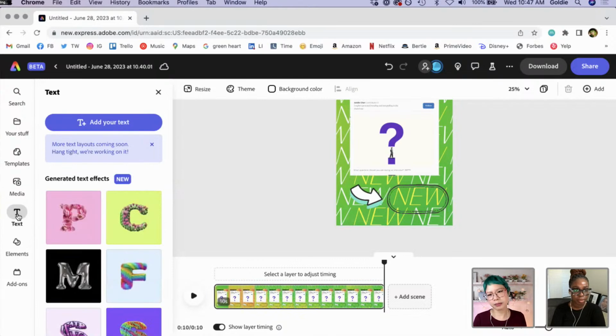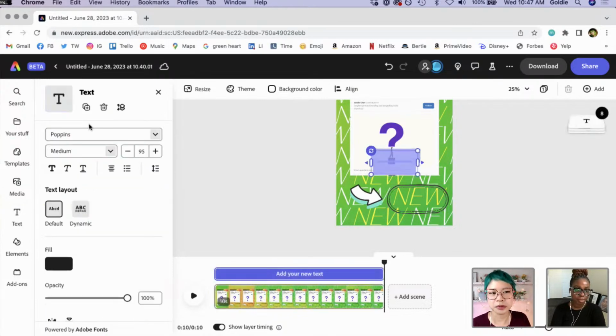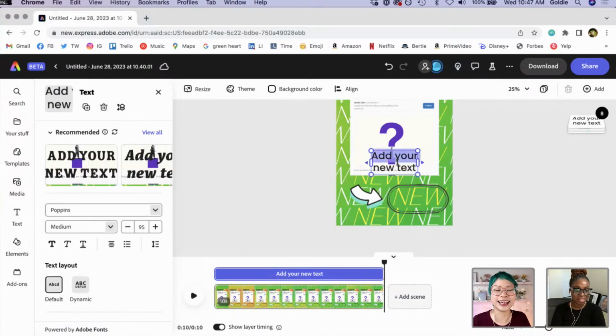And because I'm not going to open up Instagram and actually upload this one, we're going to do some mock text in Poppins right now. The favorite font, the font of the hour.